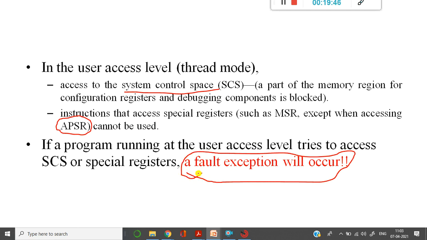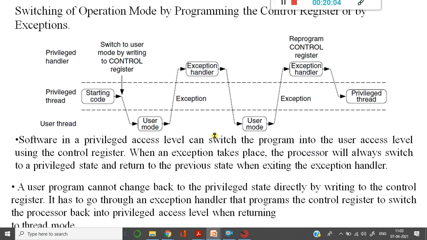So this fault exception is going to be executed, and it moves from user level to the privileged level, in handler mode. It starts executing the fault exception. Somewhere else you may get the message that you are trying to access improper memory as such. Okay. Now,